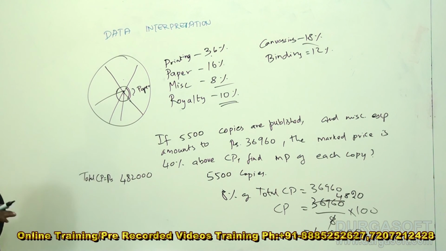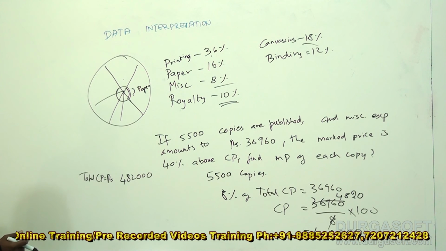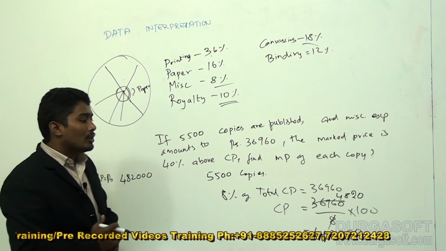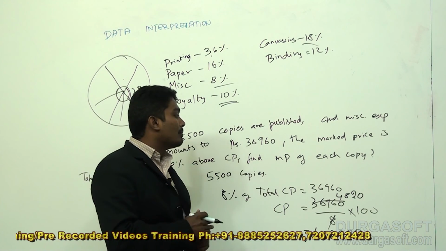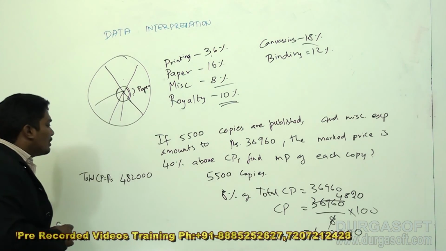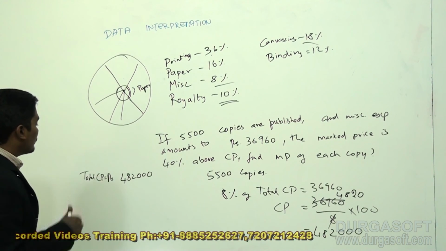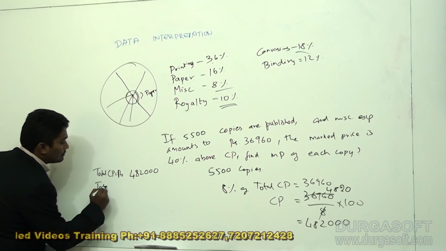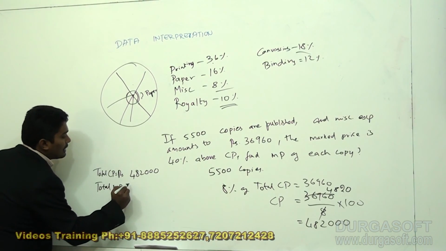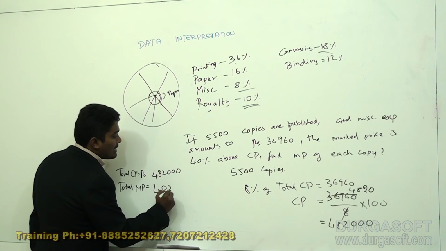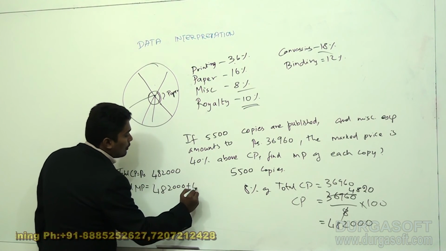Now I will need to find the cost price of one book. Later I can find the marked price of one book. Now I can first find the marked price of all the books together, or I can find the cost price of one book. So I will find the total marked price. Total marked price is 40% more than this, which is 4,62,000 plus 40% of